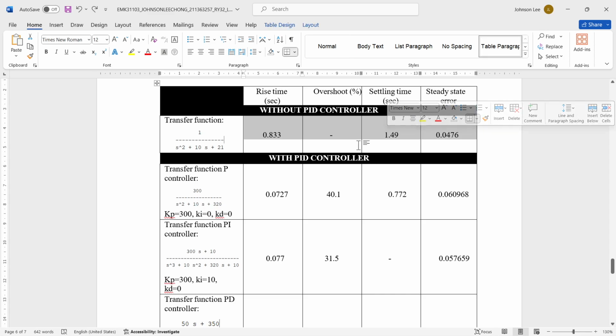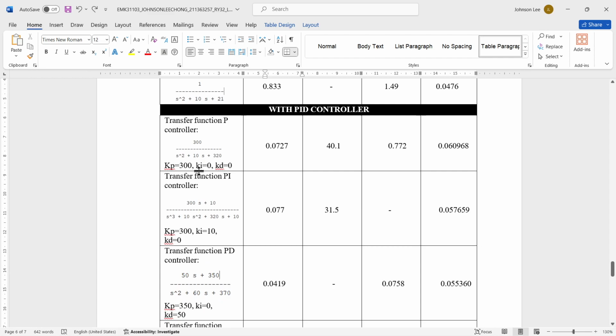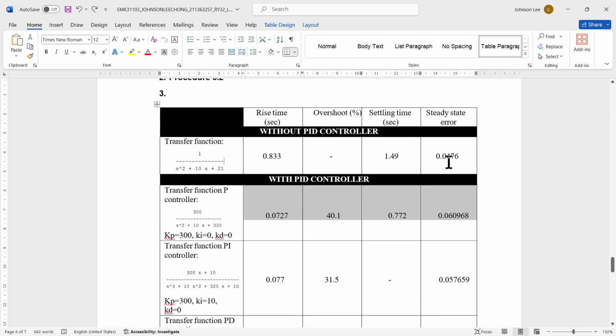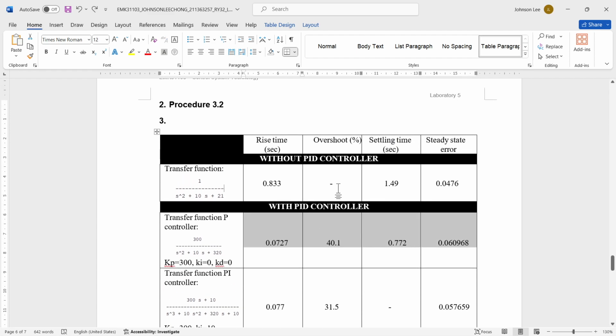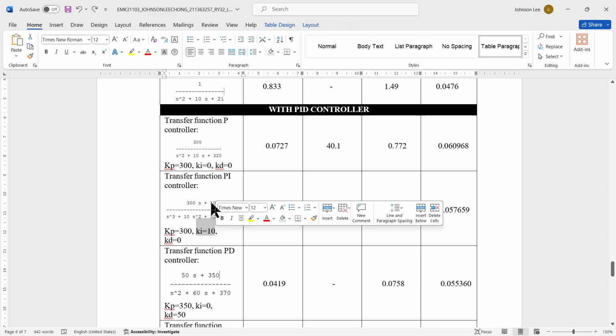For procedure 3.2, as we can see, without the PID controller, the value will be like this. With the PID controller, when the Kp is 300, that means the upper side, and the Ki is 0 and the Kd is 0, we can see that the value will be like this. By the way, all the values, if you want to reference them, we can see here. Okay, for the second one, when the Kp is 300 and the Ki is equal to 10, which is here,